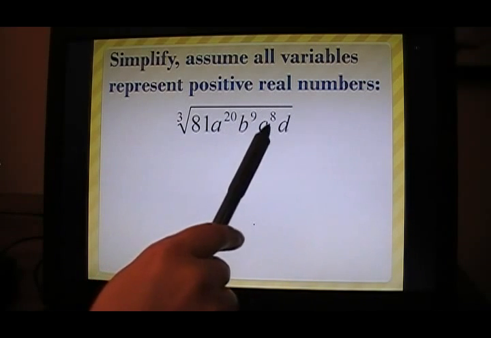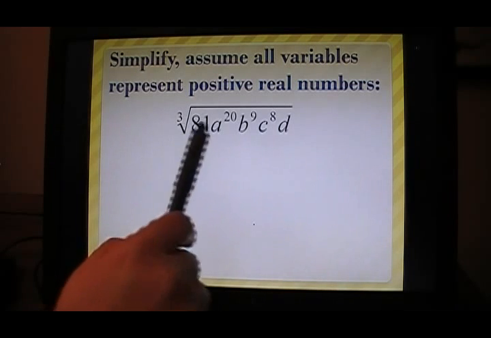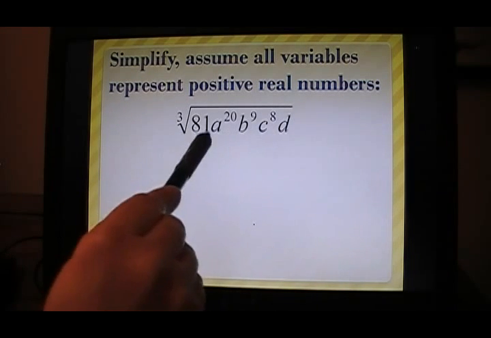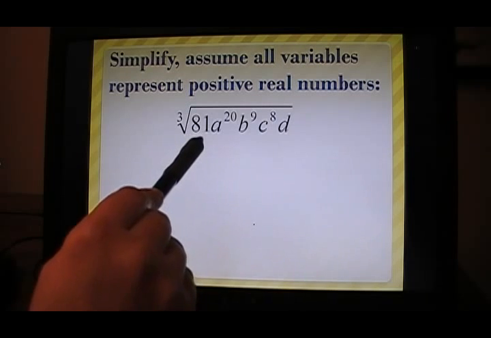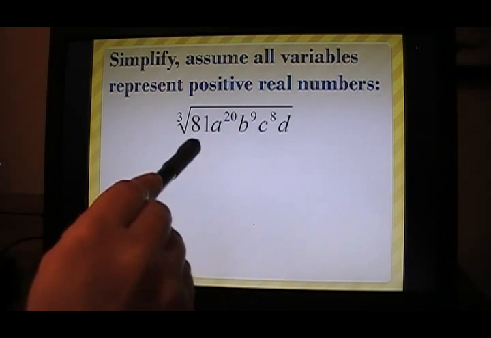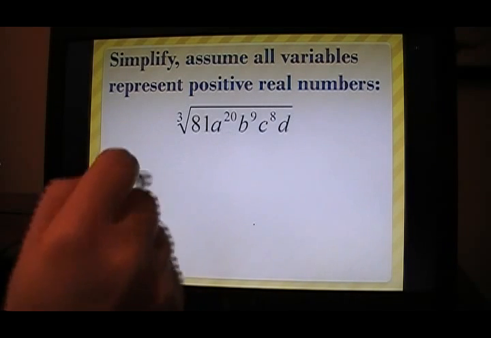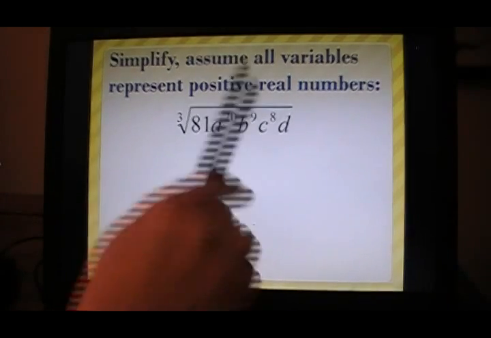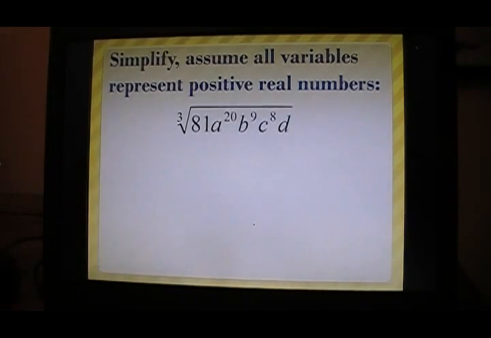All of these powers are larger than this, so I know this expression can be simplified even if 81 is not divisible by a perfect cube. So without even going there, I know that I am going to have to simplify because at least one of these powers is greater than or equal to my index. So doing my simplification,